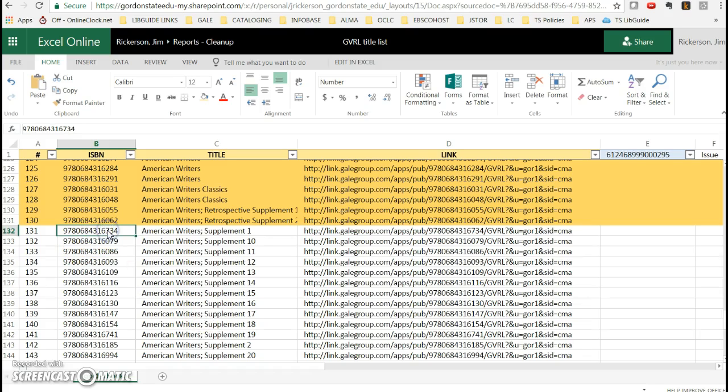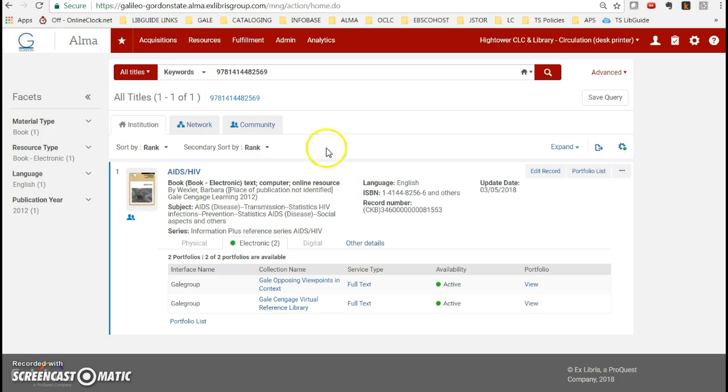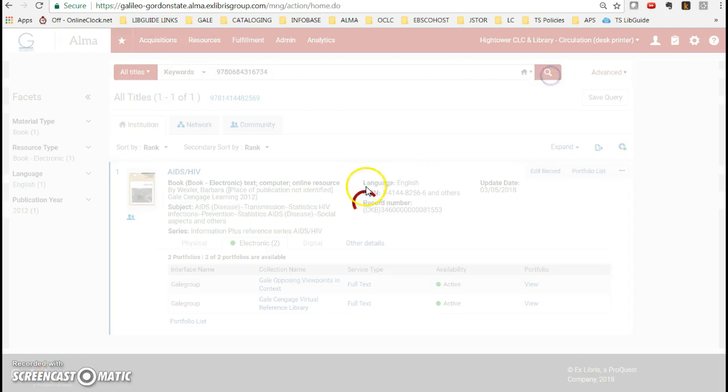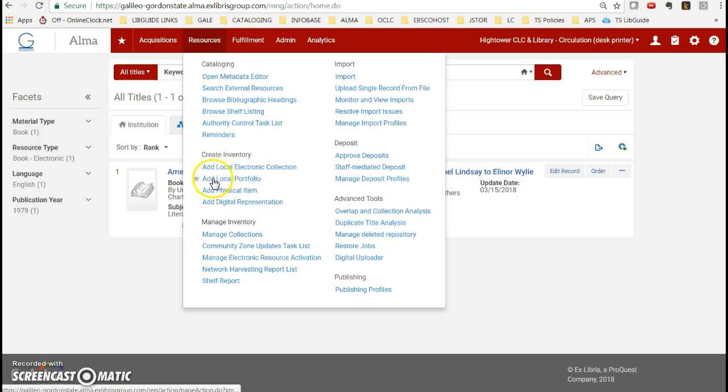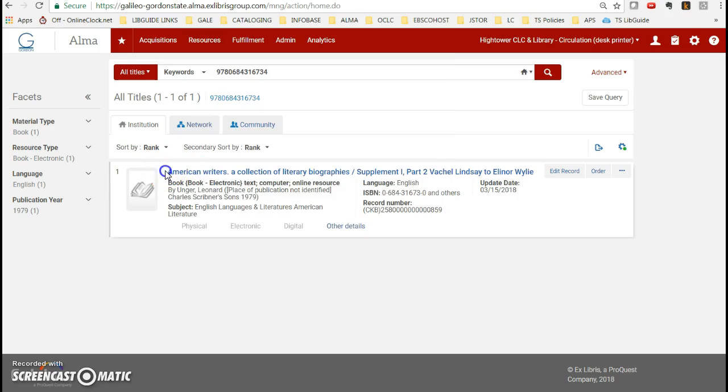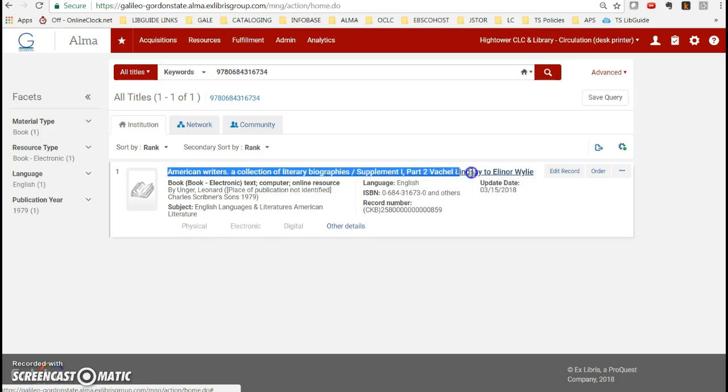And in the case of this one right here, it says American Writers Supplement 1. This one doesn't have an electronic portfolio, and you can tell because the electronic tab is grayed out, and obviously it can't belong to an e-collection either until we add a portfolio. So the way to do that is to go up to Resources, Add Local Portfolio, and what I'm going to do first is I'm going to copy